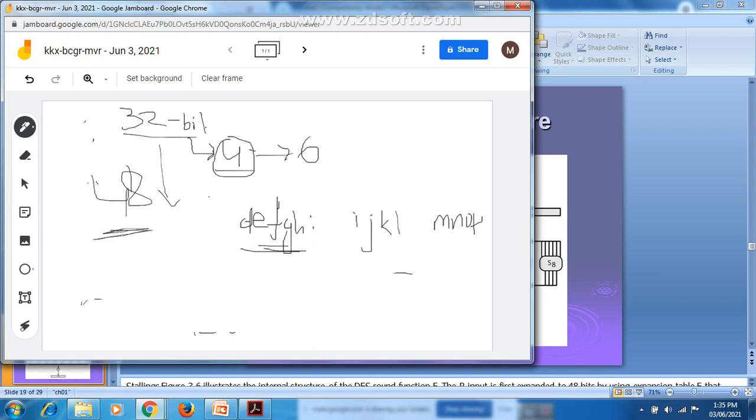E, F, G, H, 4 characters are there. For this we are adding outer bits, the adjacent characters. Before E, what is the character? D, right? That will be added. After H, what is the character in alphabetical order? I. That means now see, 4 bits have been converted into 6 bits. Like this it converts 4 bits into 6 bits. Because of that, the 32-bit data will be converted into 48 bits. I hope it is clear. Getting how the expansion table works to convert 32 bits into 48 bits?